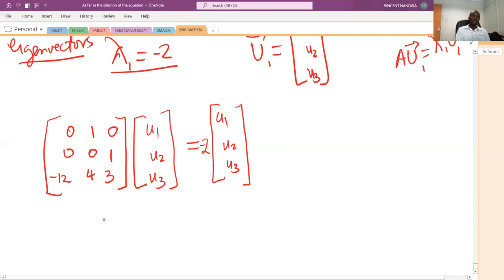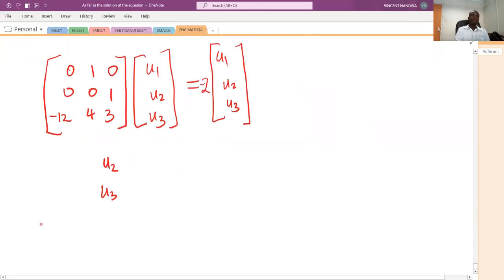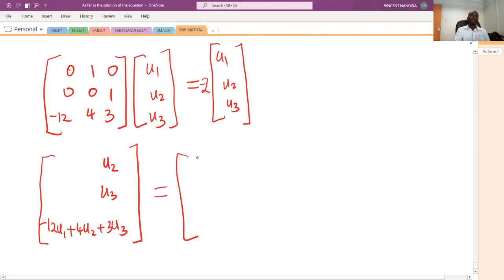So this will give us u2, and then u3, and then we have minus 12 u1 plus 4 u2 plus 3 u3 should give us minus 2 u1 minus 2 u2 minus 2 u3,